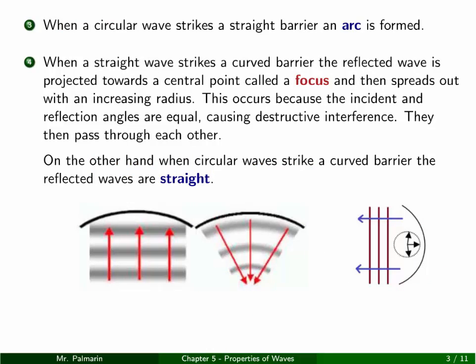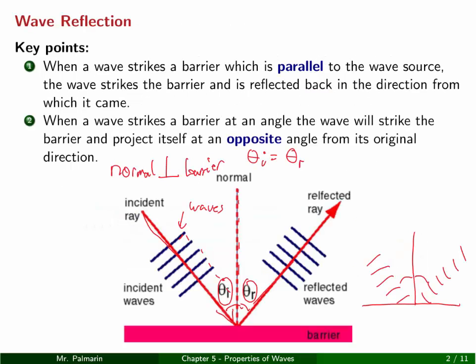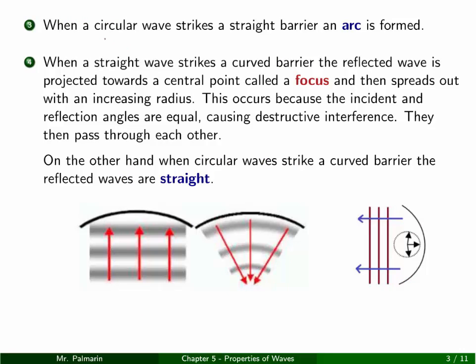A couple other things. So first of all, that was point 1 and 2. When a wave strikes a barrier that's parallel to the wave source, it will go right back. So in other words, if it came in here, it will just bounce right back. This point 2 talks about what I just talked about with the normal. Point 3 says when a circular wave strikes a straight barrier, an arc is formed. What does that mean? Here is a circular wave. Strikes, this is a bent barrier, and straight waves are formed if a circular wave, going out in all directions,